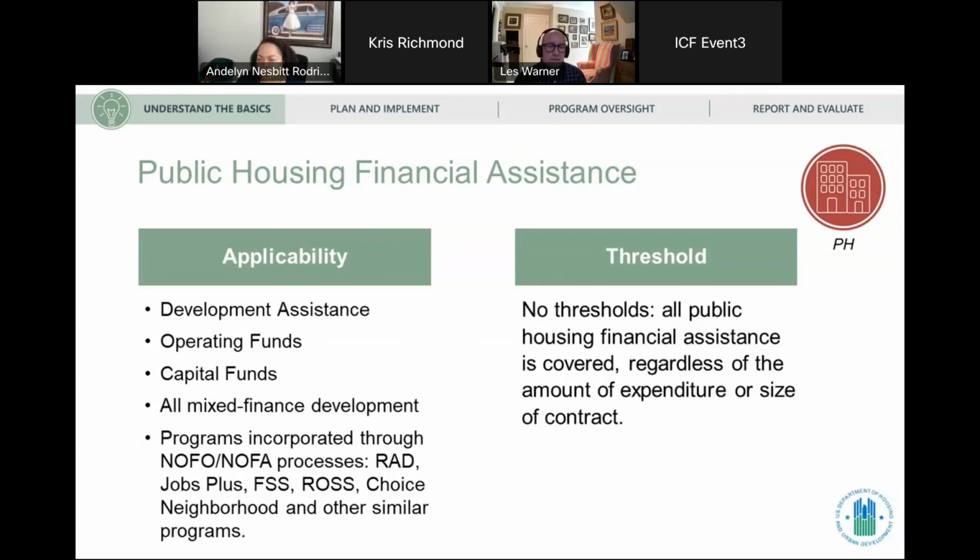Assuming that this is a public housing question, the triggers for applicability are based on funding sources and then the programs that are at the bottom. So essentially, anything that's being paid out of, let's use, for example, operating funds, is going to be part of your compliance requirement, that we're going to look at those total labor hours and try to make sure that we are meeting those benchmarks.